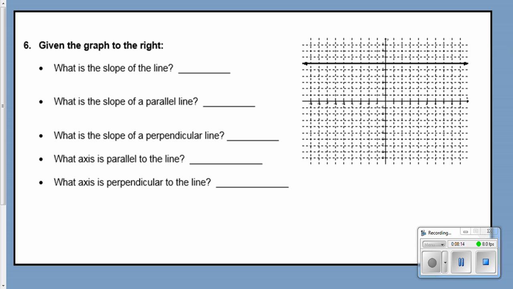Last but not least, given the graph to the right, what's the slope of the line? Well, it's a horizontal line. Every single horizontal line has a slope of 0 because this is a HOY, right? H for horizontal, so the O in HOY reminds us that it's 0. So a parallel line, well, parallel to a horizontal line would be another horizontal